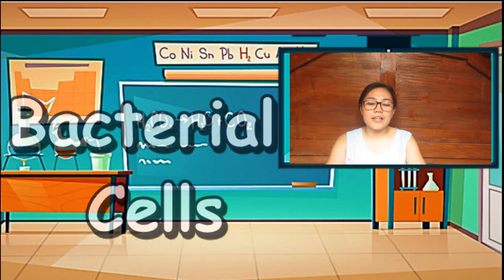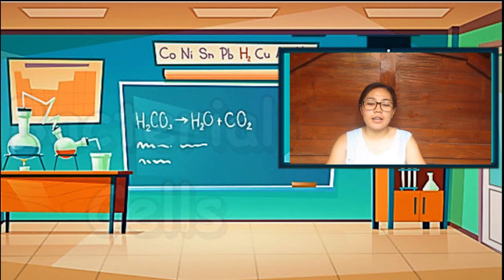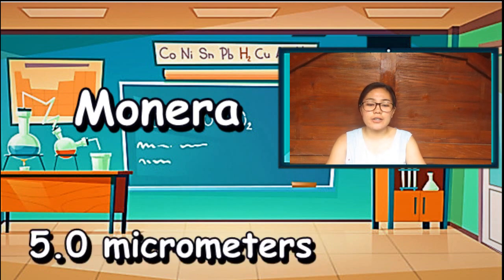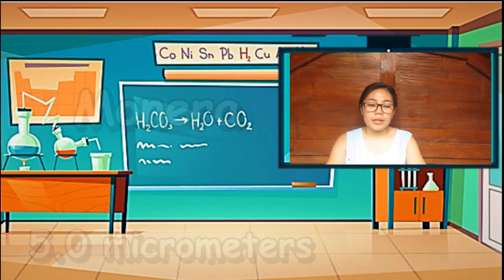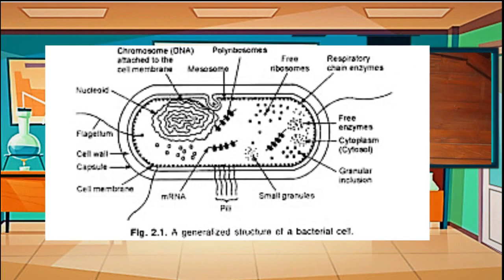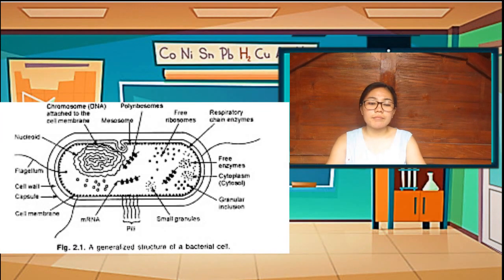These cells are under the kingdom classification Monera, and its average size is 5.0 micrometers. The organelles present in this cell are flagella, pili, capsules, which includes slime layers and glycocalyx, cell wall,